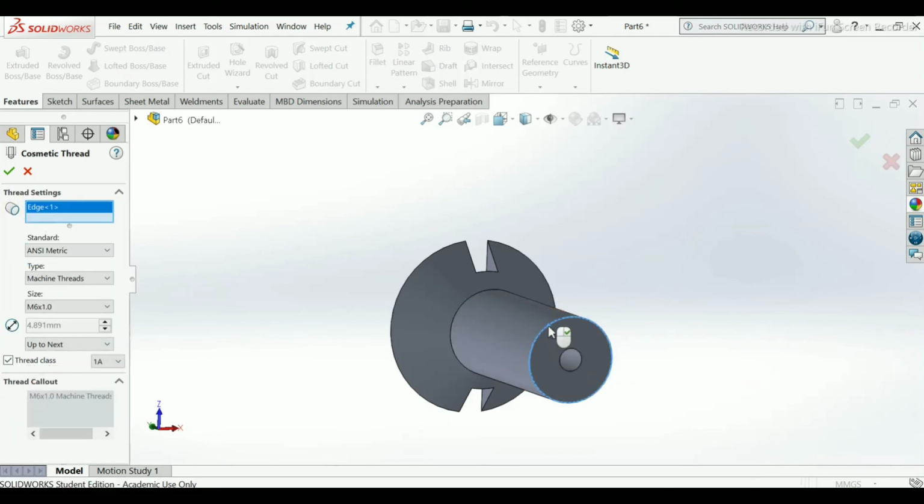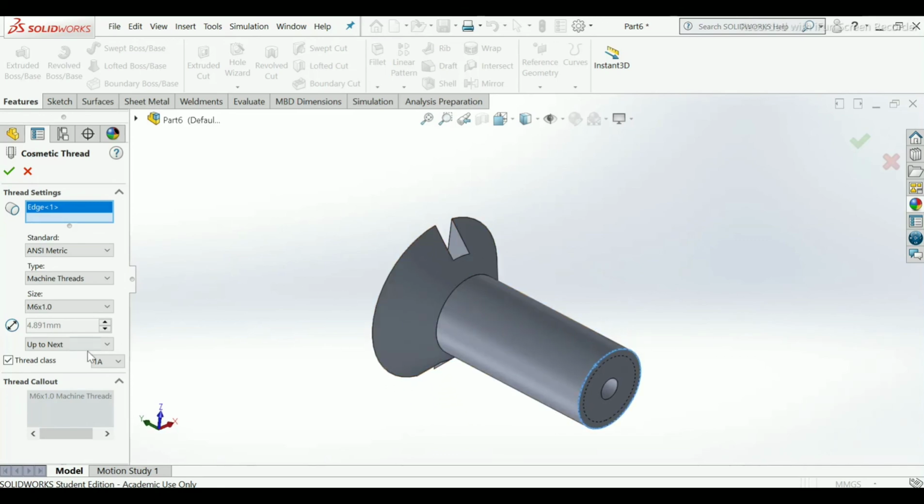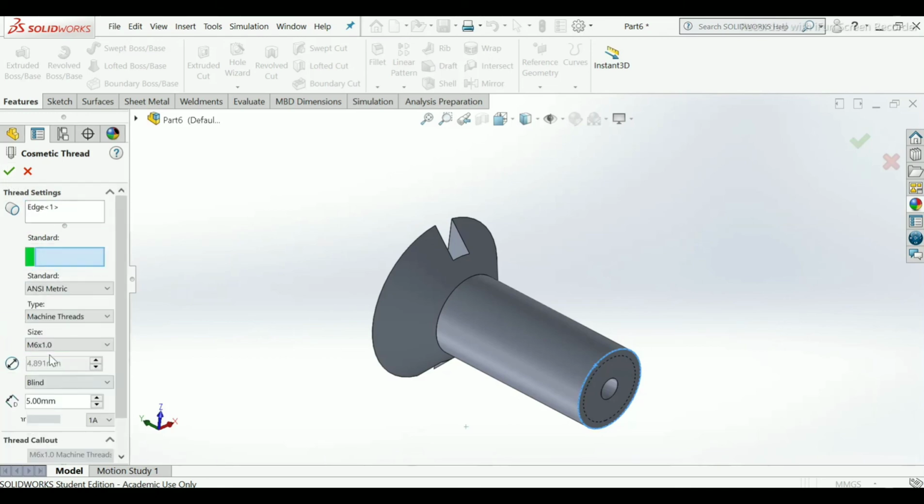Select this edge. Take a blind, make 13 mm.